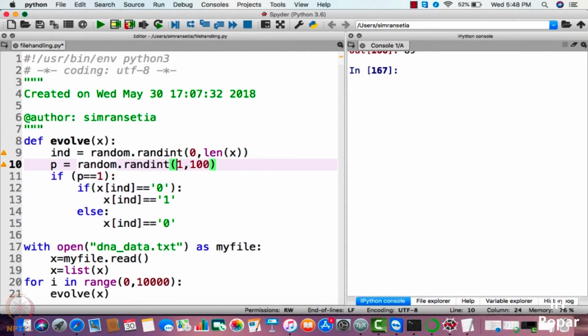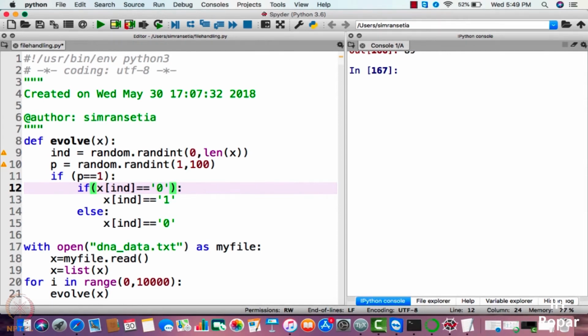So I'll explain again. What we are doing here is, we are generating two variables randomly. First is the index of the particular bit in which the change has to take place. This change actually depends on the variable p, which will be generated randomly. If p is equal to 1, then only the change at this particular index idx will take place.